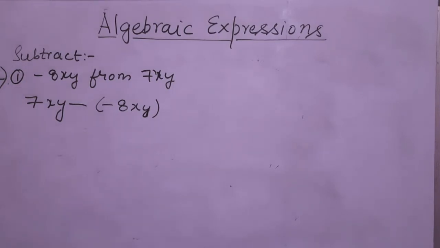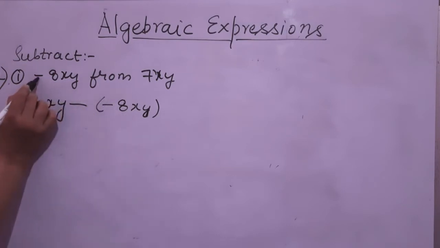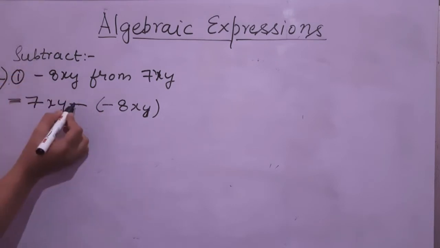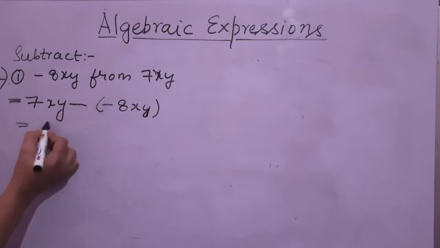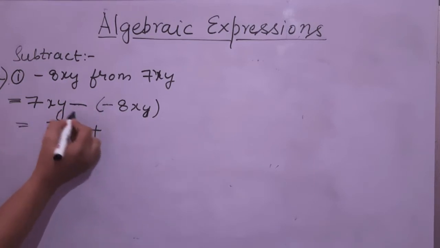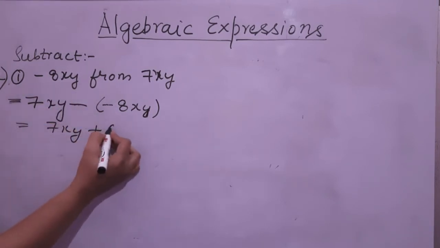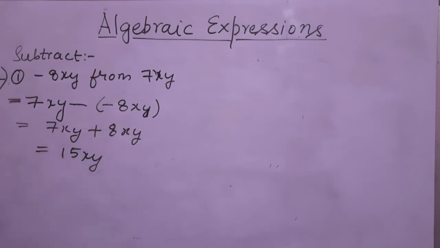So students, as you can see, we have to subtract, and this was already a negative algebraic expression containing one term. So minus, and then we have to subtract it. So I have placed a symbol of subtraction. Now minus is going to become what? As per the integers chapter, you have already studied the rules. So minus becomes plus. So 8 plus 7 is 15. So the final answer will be 15xy. I hope you must have understood.